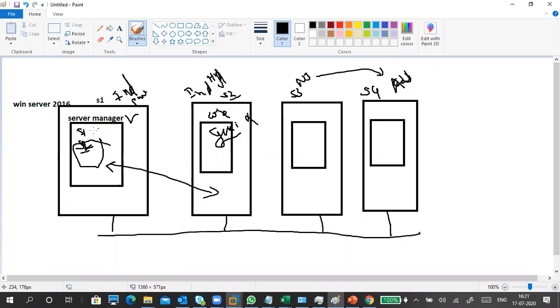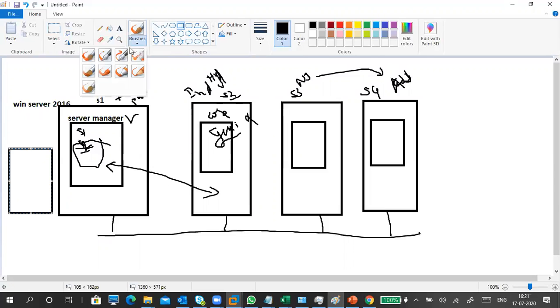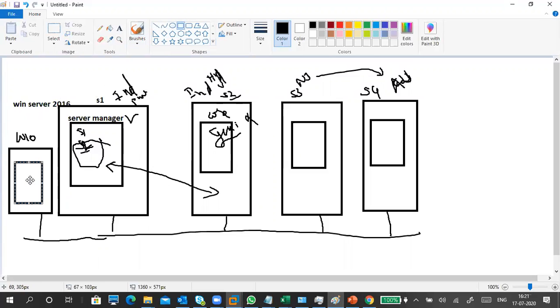That is different. So if you have your regular machine like a Windows 10 or a Windows 8, so I have a Windows 10 PC there. There is a terminology for this also. This is also connected to the network. This is my Windows 10 PC. In the Windows 10 PC, I install a RSAT tool. RSAT, remote server administration tool.